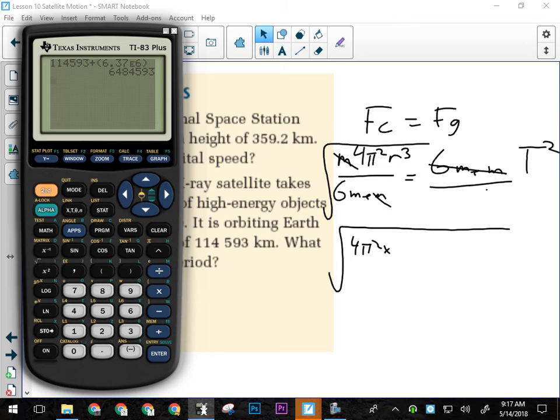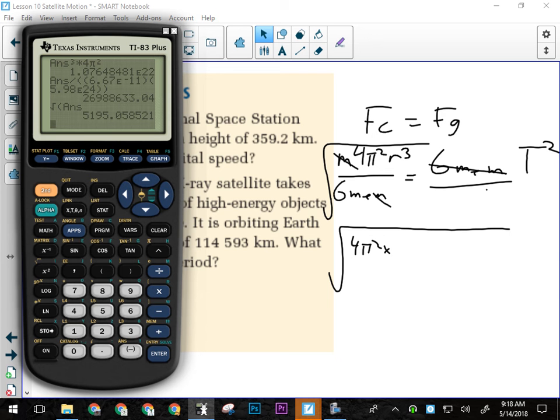All right, so we're going to take that and we're going to cube it. And then we're going to divide that by what's on the bottom. And then we got to square root that. All right, so the orbital period of that X-ray satellite is